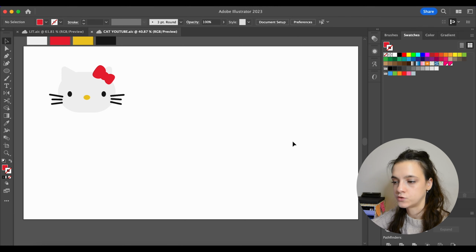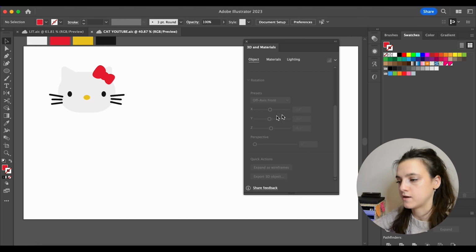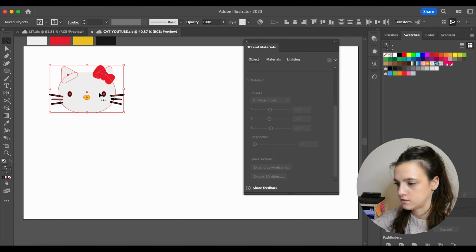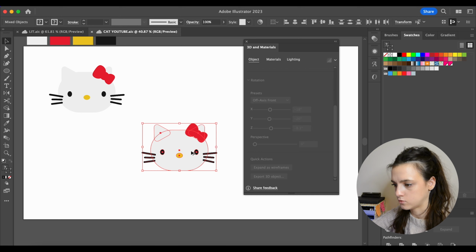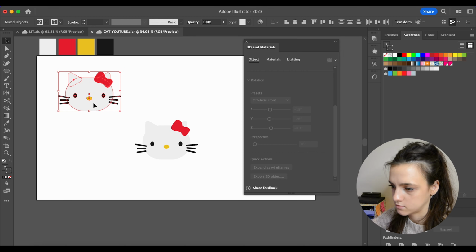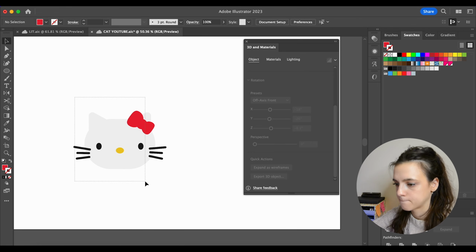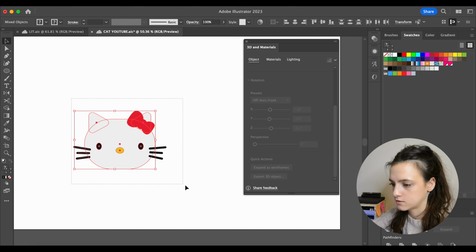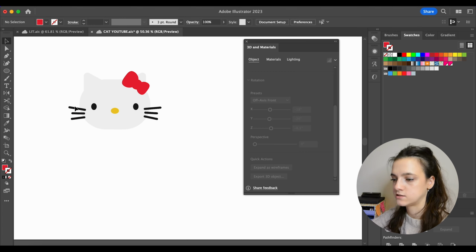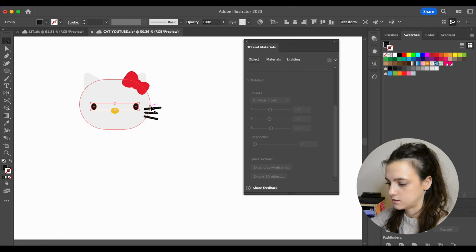The next step is to take our vector and make it 3D, and we can do that by going to Window, 3D and Materials, and this will pop up this panel. We are going to take our Hello Kitty and copy it here by holding Option and dragging. It's always best to have the original piece on the left somewhere, and you can just move it there and group it together. Now for the 3D, we don't actually need the elements on both sides. We can work only on one side,